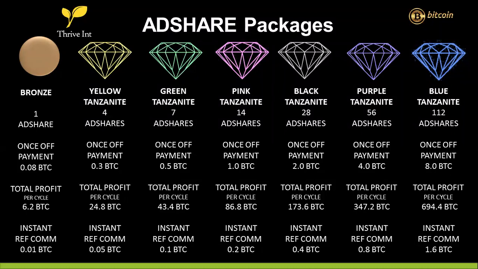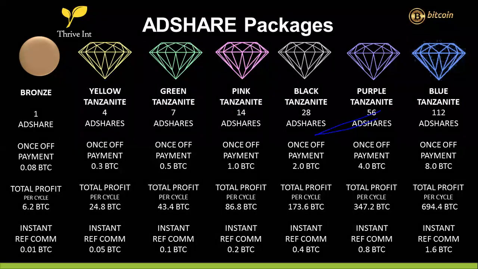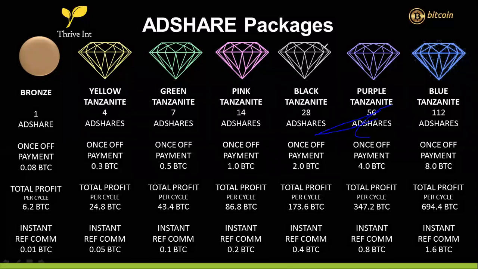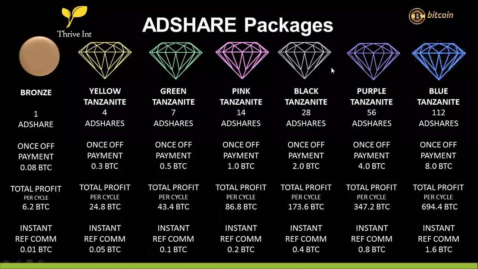And that changes the picture completely, because when we look at a blue Tanzanite, for instance, with 112 Adshares, you can actually fill up your matrix with 112 spots by just introducing one person with a blue Tanzanite. And that absolutely changes the game completely, because it's the same as going out and having to go and find